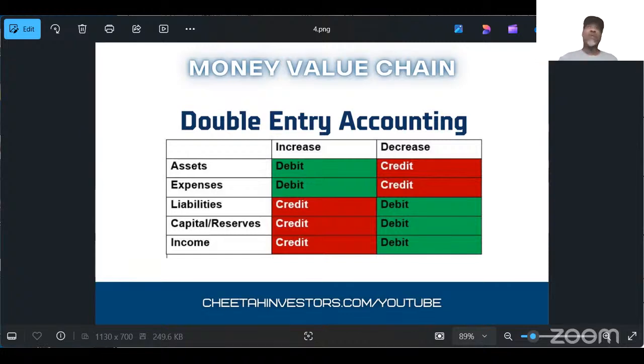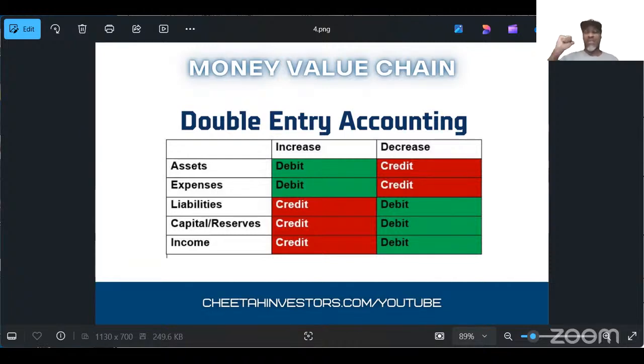Here's how it works. If you have $100 in the bank, now keep in mind right now it kind of auto calculates, but back in the day, people had to write out, I know this sounds archaic, when they went to the bank and took money out, they would manually write what they took out and how much they had left. Double entry. Because if you have $100 and you take out 50, you've got to put 50 in what you have, and then you've got to minus 50 in what you took out. Increase and decrease. Double entry accounting.